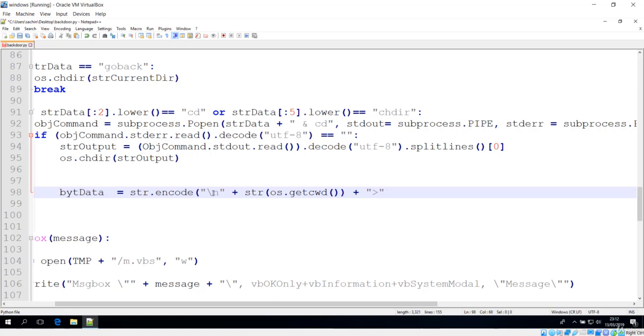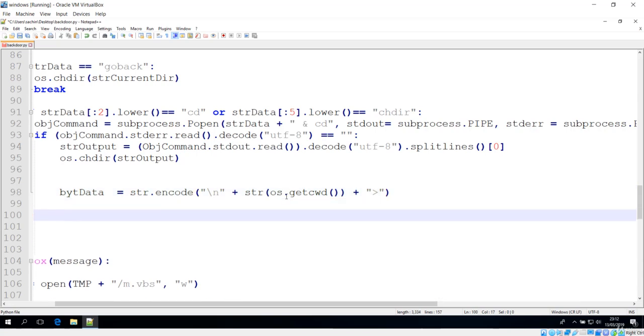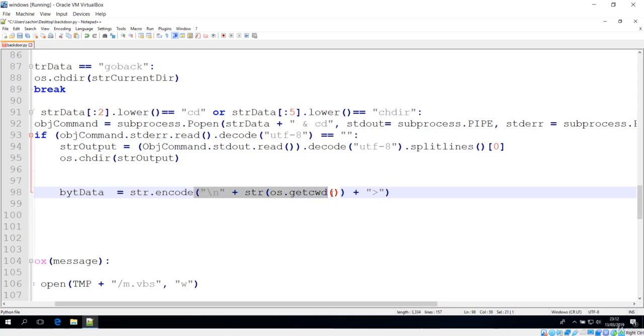I'll just show you what this is about. So this is to send to the server. So basically we are just sending the information back to the server. So you can see what we just did, we just encoded. Basically what has happened over here is, if you change any directory, you have to come across the new directory. So that is basically the encoding, and we are getting the current working directory now, because this will just change the directory, and after changing the directory there should be the new information of the directory.